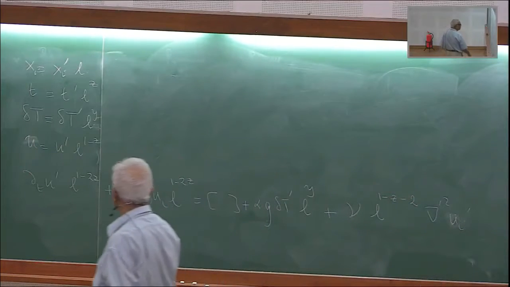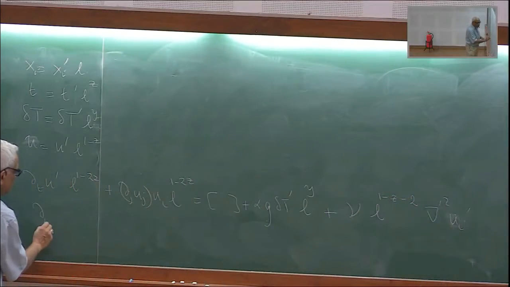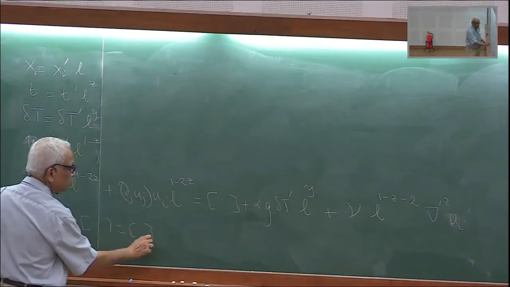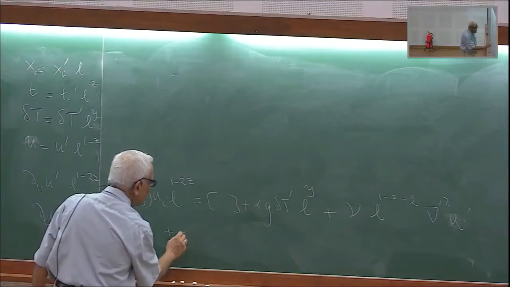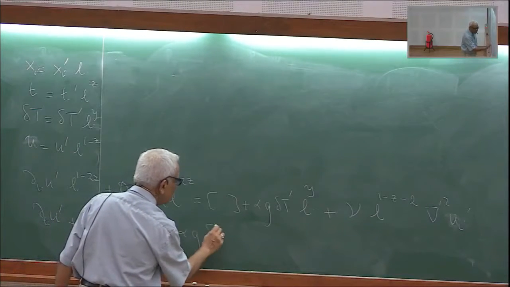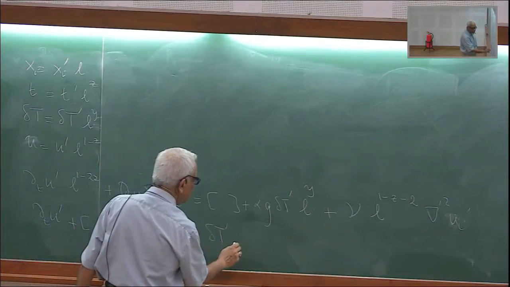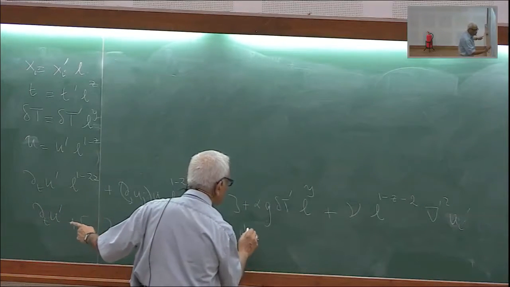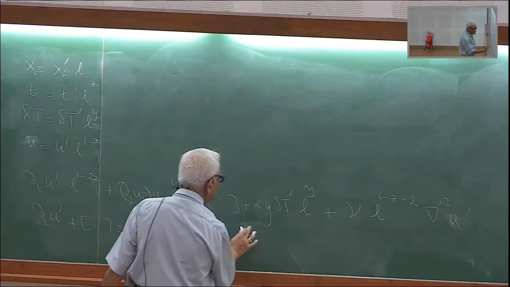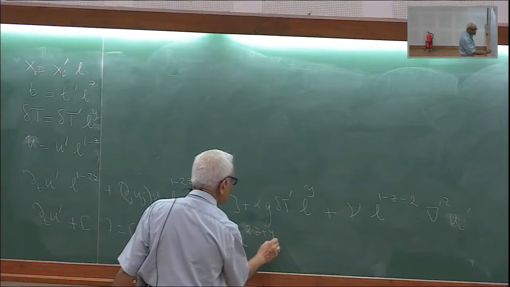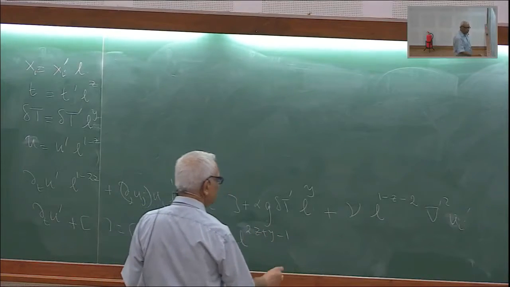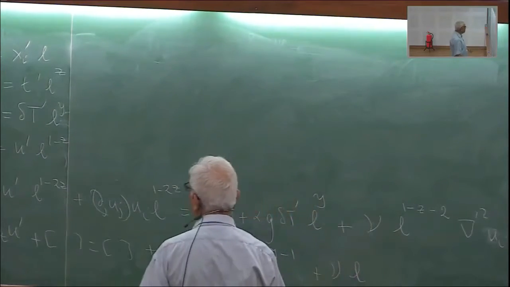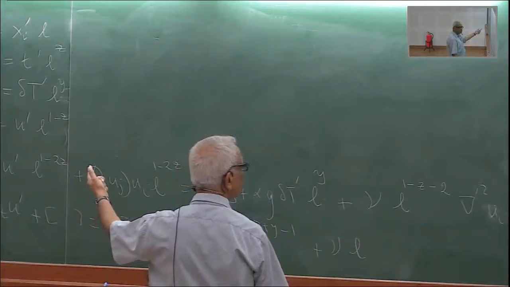So that this is del t u prime plus this equal to this plus alpha g delta T prime, and then it is L to the power 2z plus y minus 1 plus nu, and then it is L to the power z minus 2,